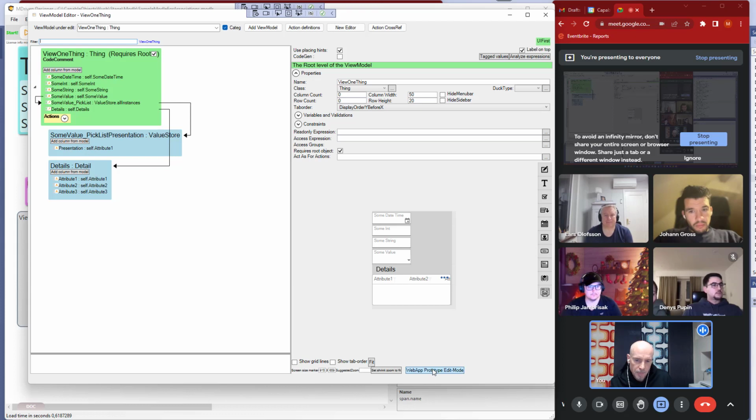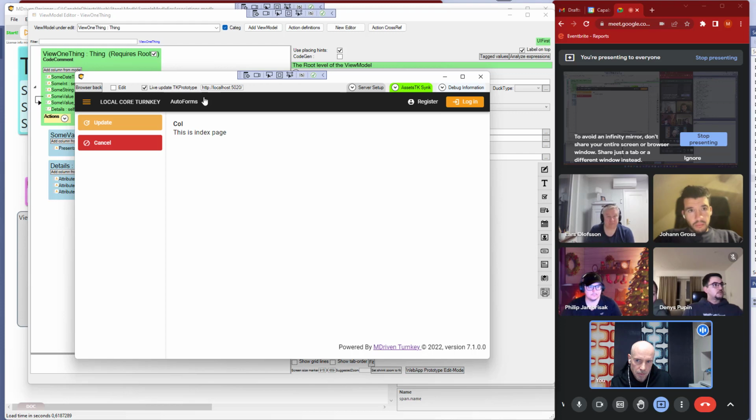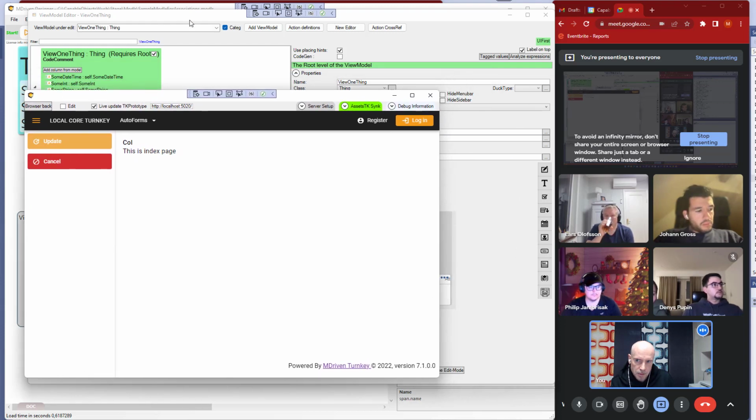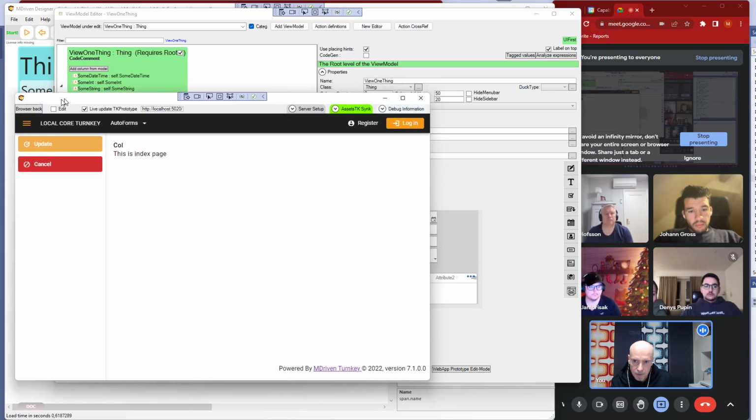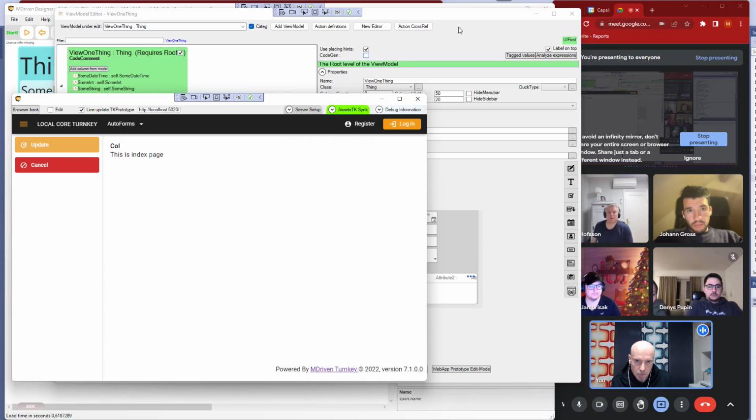But once we click this button, we get yet another view, and this view is synced to this view model editor. So if I were to close this view model editor, this will close as well, because these go in pair, and I can have multiple pairs, of course, if I have multiple view model editors. But why they are connected and why that is a good thing, we're gonna come to that in just a minute, but first I'm gonna focus on this server setup, because